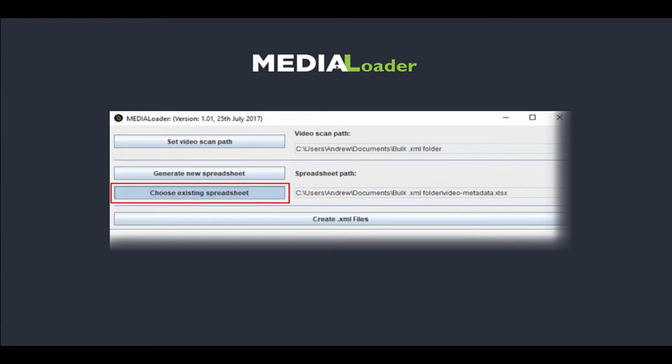The next thing to go through in terms of something else that we've added to V6 is the MEDIALoader. So this is a desktop application that enables you to put lots of content into MEDIAL in one go. So effectively what you do here is you put all of your content into a particular path on your computer. This is where you set the video scan path. And then what it does is once you put those videos into a folder,